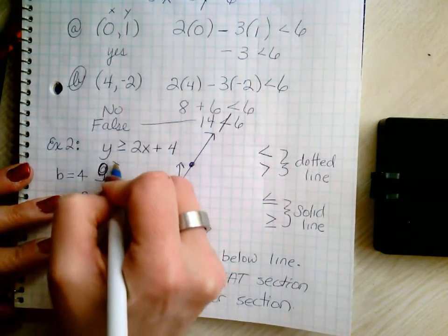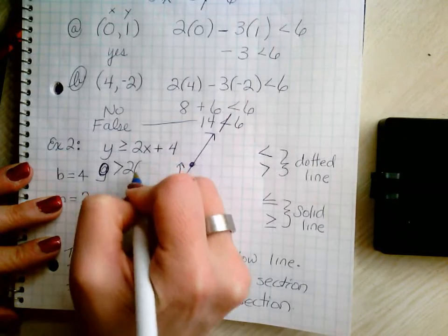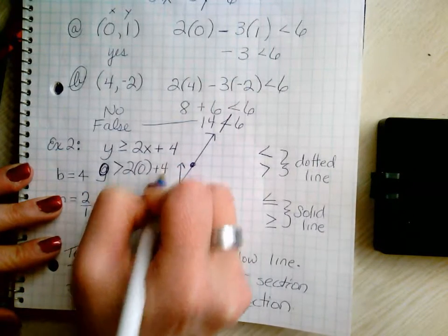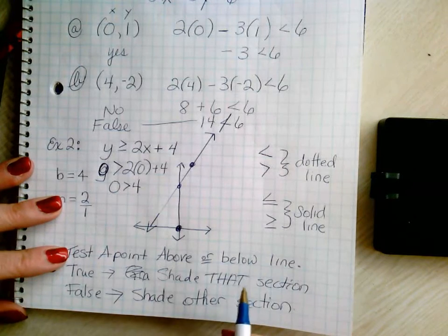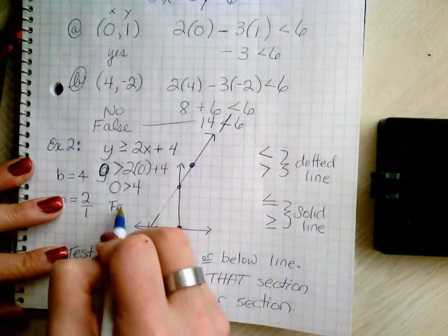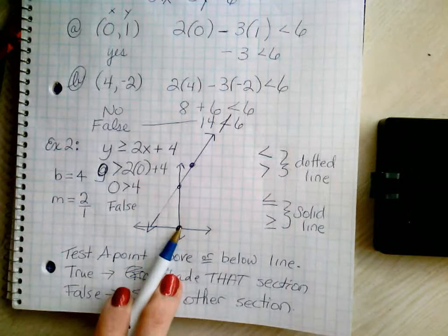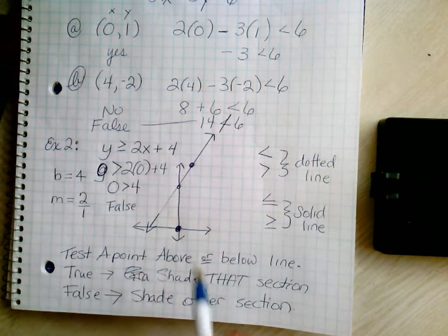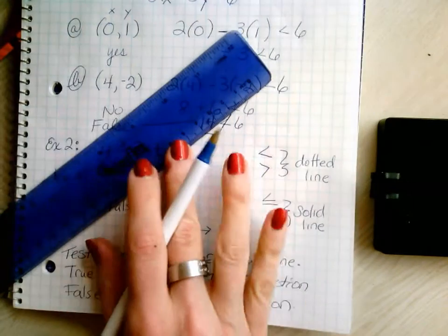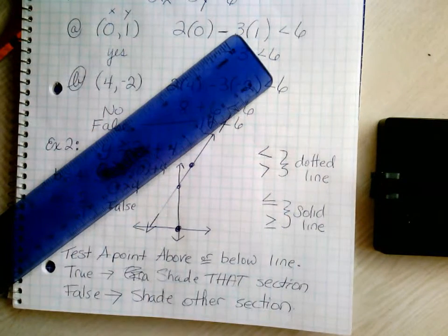0 is greater than or equal to 2 times 0 plus 4. 0 is greater than 4. True or false? Clearly that's false. Which means the 0, 0 resulted in a false, so you're going to shade the other side. I used up a little too much of my space, but I'm going to go ahead and shade the other